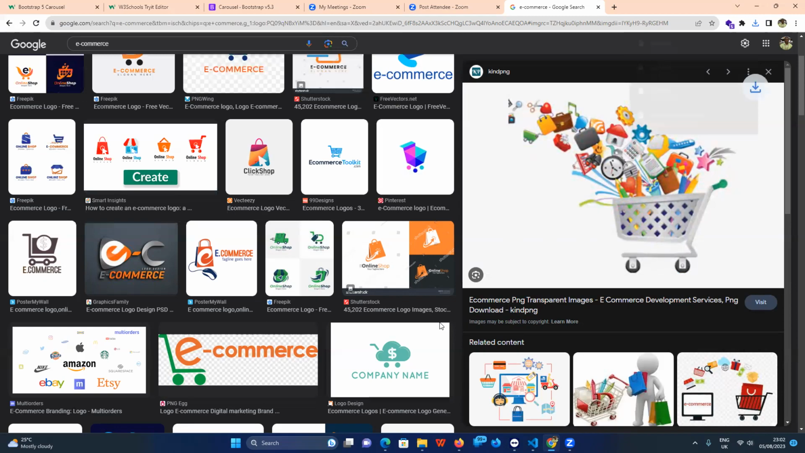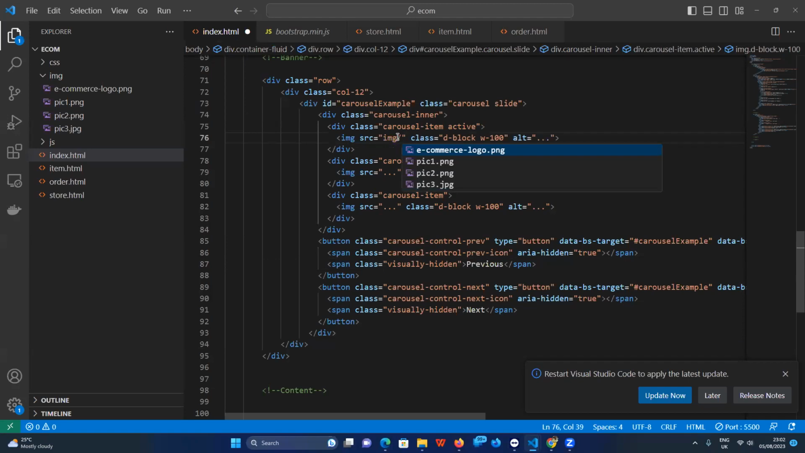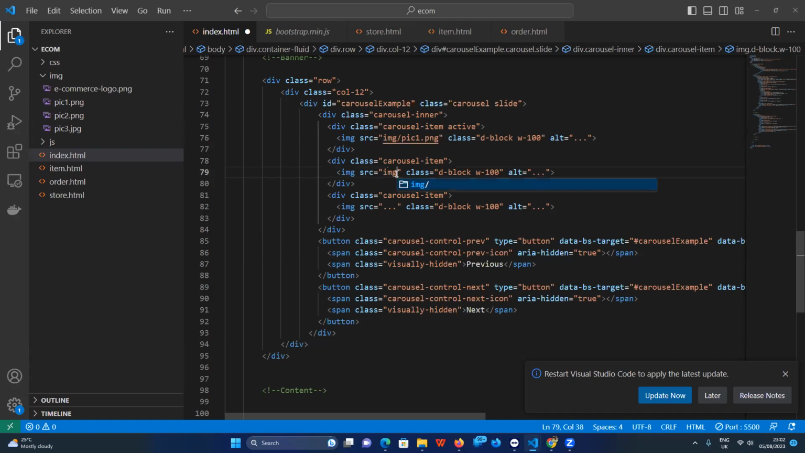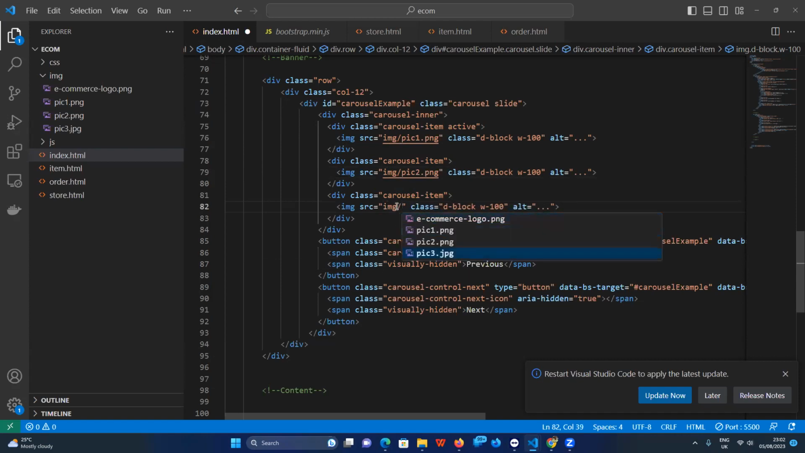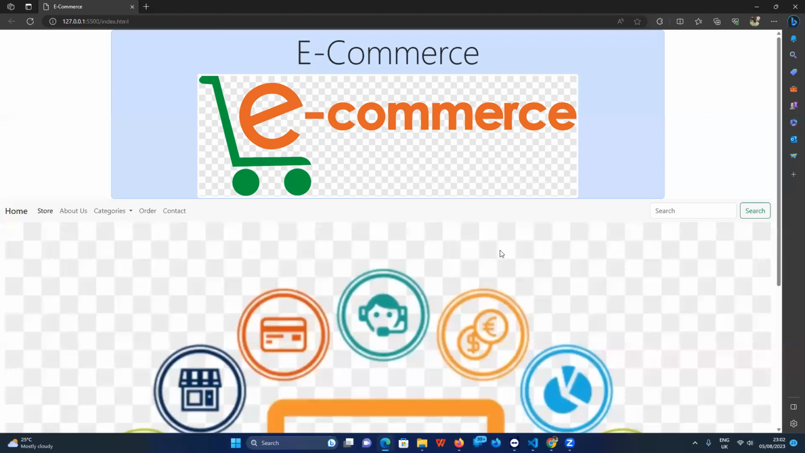All right. So let's come back here. We have pick one, pick two, pick three. So in our source here, we will have img slash pick one. In our source here, we will have img slash pick two. And here, we will have img slash pick 3.jpg. So we'll have this. Yeah, so if I click on this,